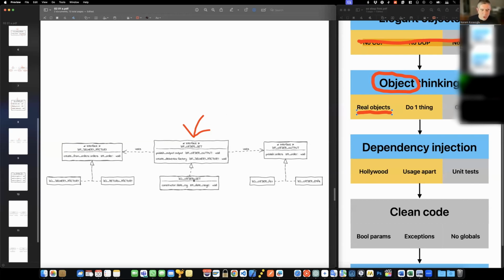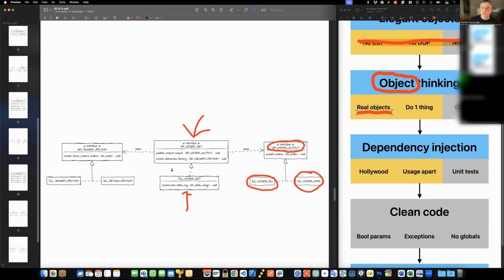So here I have my order set. And in this class, I will query the database and pull the orders which correspond to my selection criteria. Then, when I want to publish the output, I will go to my order output interface, which has, in my example, 2 implementations. My first order output is an ALV list, which is fine. We all use ALV grids. Then maybe I also want to output my orders as an email.